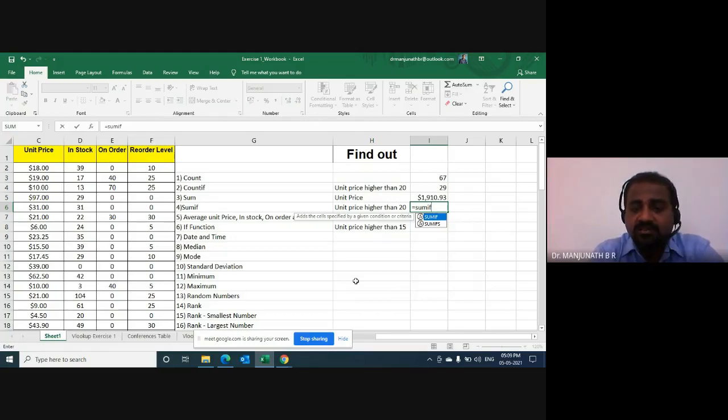Now, I already told you that for anything in Excel to calculate, we use equal to, and we know the function. We already typed in SUMIF. Now, let us open the bracket. The moment you open the bracket, Excel is talking to you. Excel is saying, in bold, range. So which column would we like to target now? We would like to target the unit price column. So I'll just use my left arrow key, not the mouse or touchpad, and go to the first cell of the unit price.